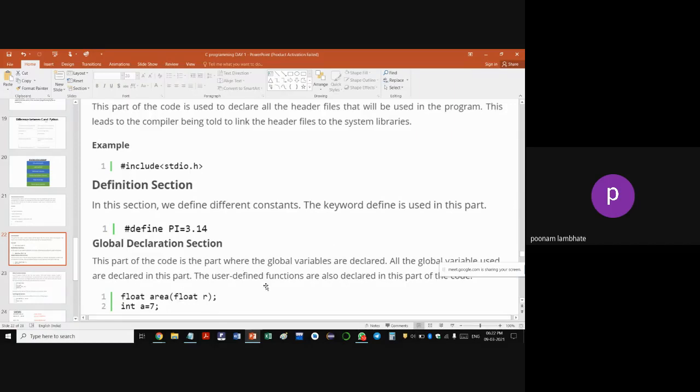Whereas if there is a variable in procedure 1, you're changing its value, you cannot access that same variable in procedure 2. So global variables are those which are accessible throughout the program, whereas local variables are those which are defined within a particular scope or within a particular block of code. Scope is nothing but a region in which you're writing your code. So that is the difference between global and local. That also we are going to see in our further sessions.